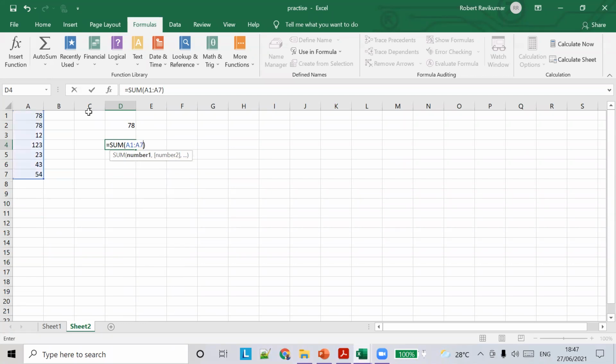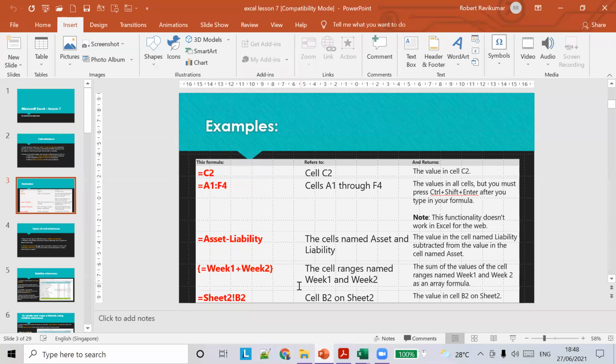So this is how you do the addition. I mean, this is how you refer to multiple cells, the range of cells. The range is from A1 to A7. For this cell, it's just A1. So this is the difference between a cell reference and a range reference. Okay, so these examples we'll look at later.